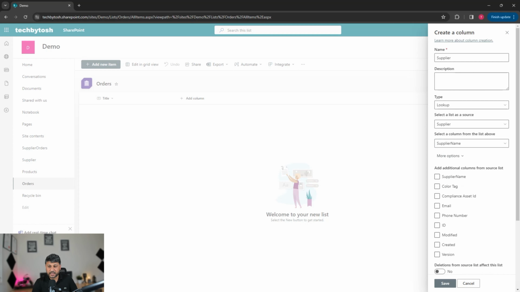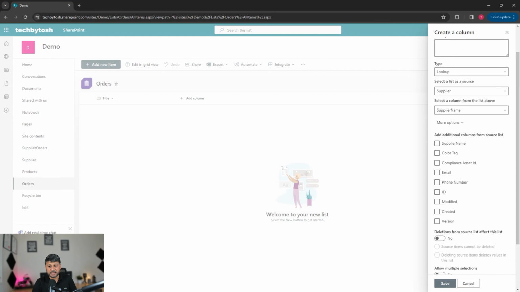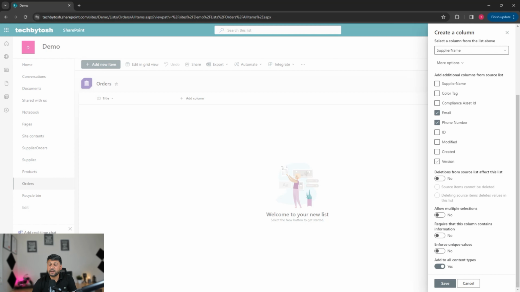With that, I can actually also select some extra information for that supplier. I can select the email, I can select the phone number, right? So I can have all that information displayed in this list, right? So once we do that, then the next thing, which is an important thing, is about this option, which basically